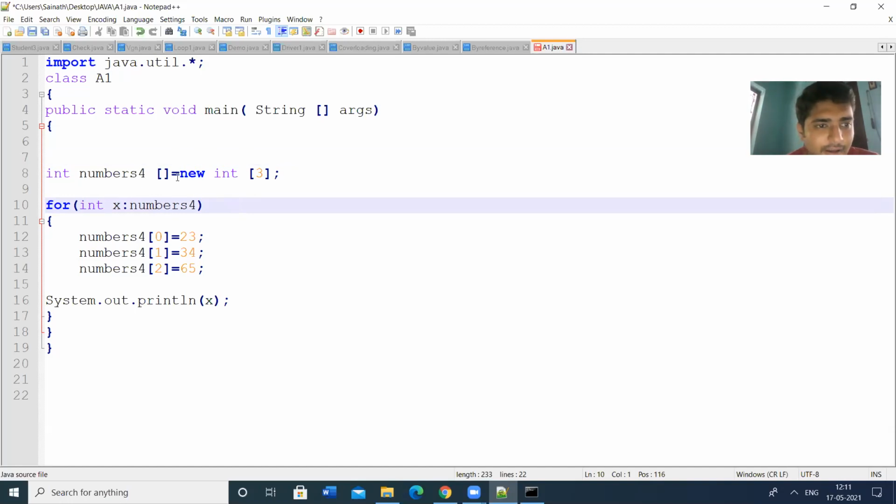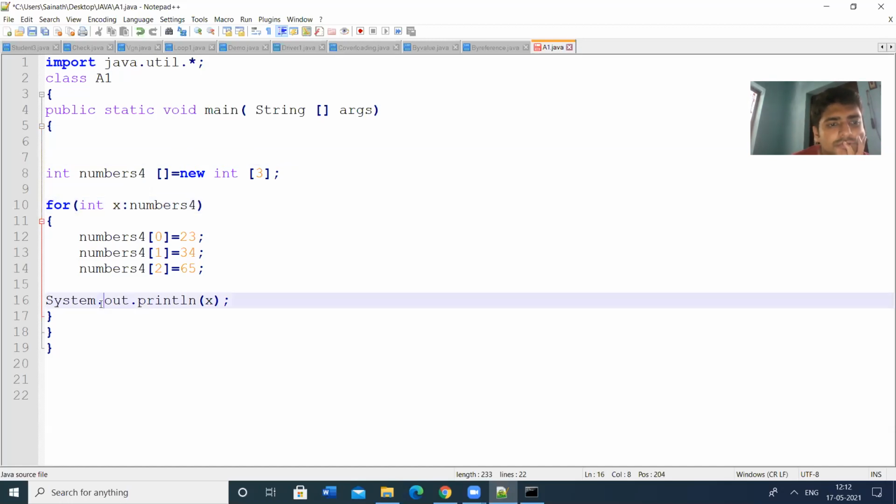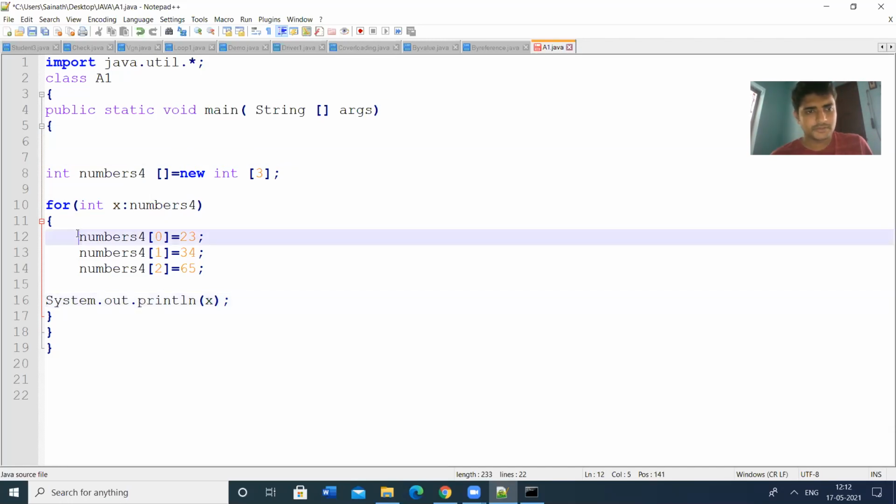Anyone has an idea? We can use the for each loop here. The main purpose of the for each loop is to display the arrays. So we are displaying the arrays.